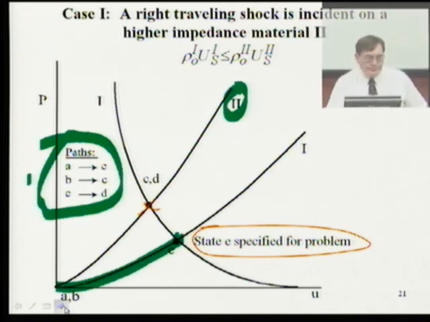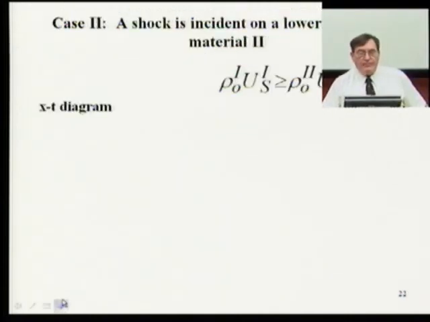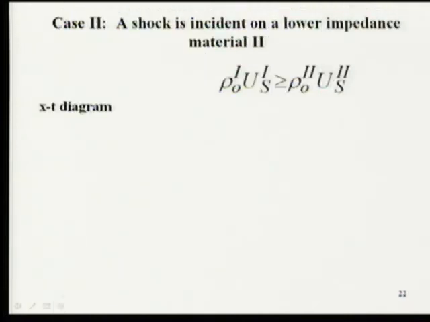Okay, the next problem is case 2, where a shock is incident on a lower impedance. Otherwise, we switch the plates. So it is slightly different. And let me go over it quickly, and then I'll have you do it again, because I want you to map the fields. But here,